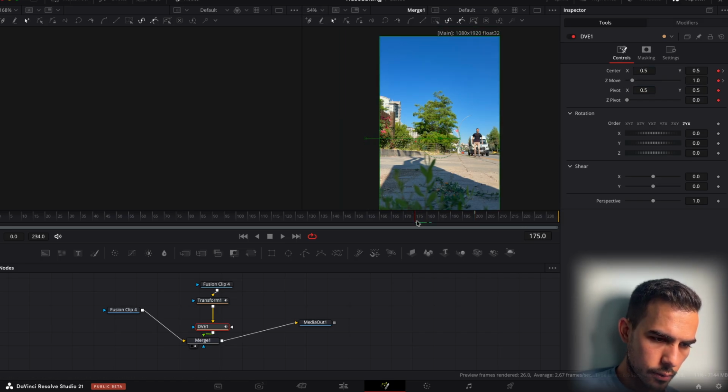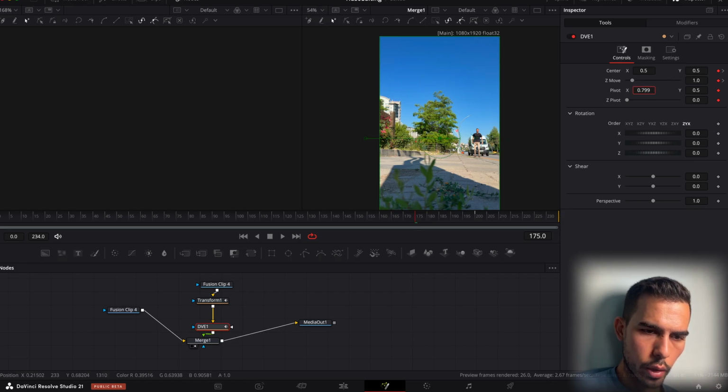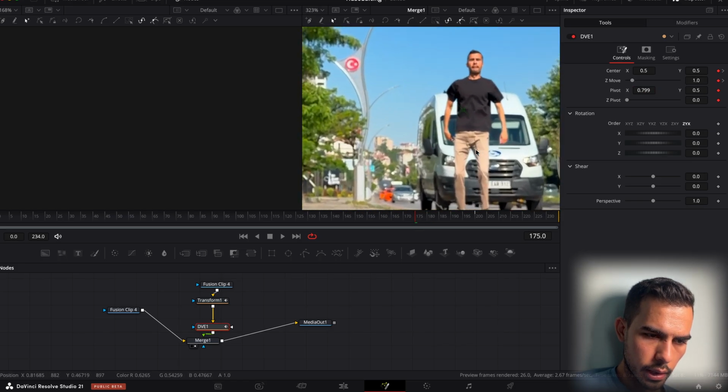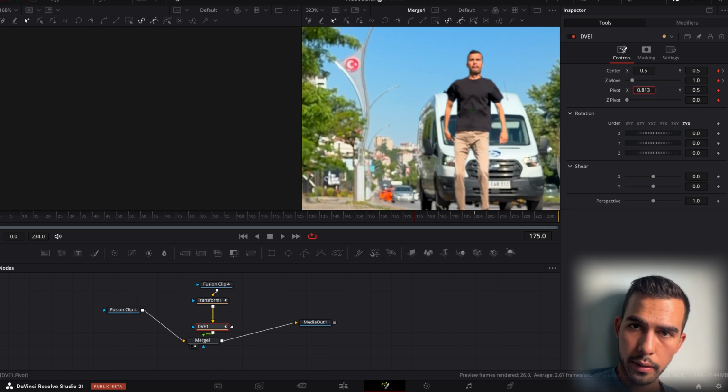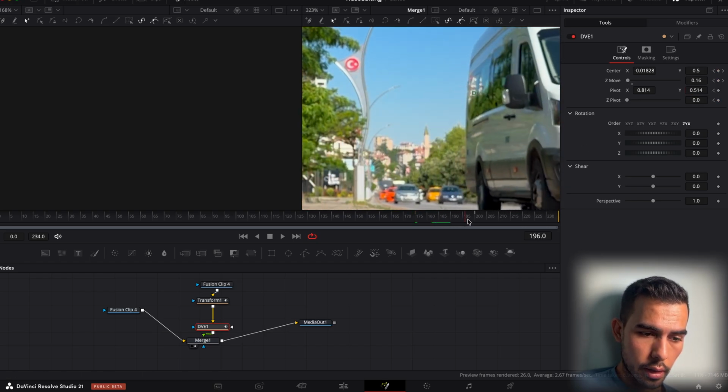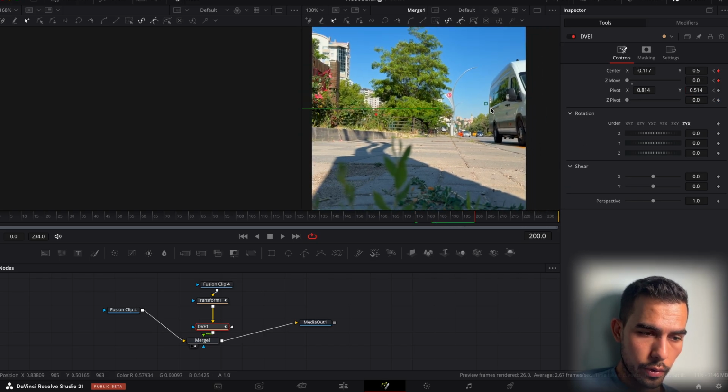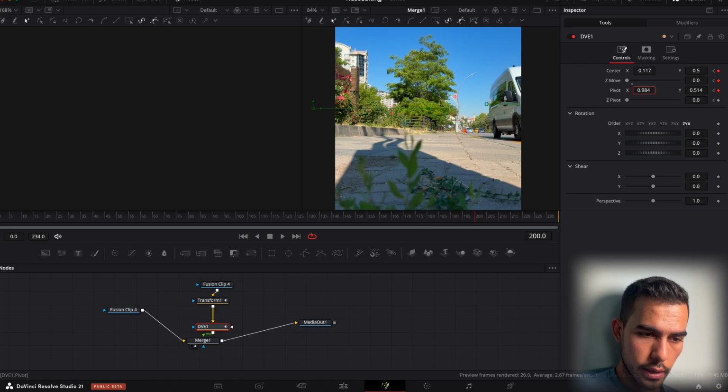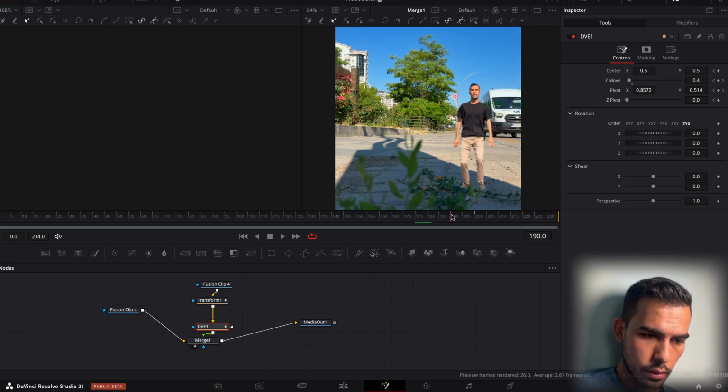Now I can change it. Okay, I don't know why it's working right now, but when I added keyframes, it's working. So I put that pivot to my chest again, but as I also have a keyframe here, I want to adjust the pivot to the